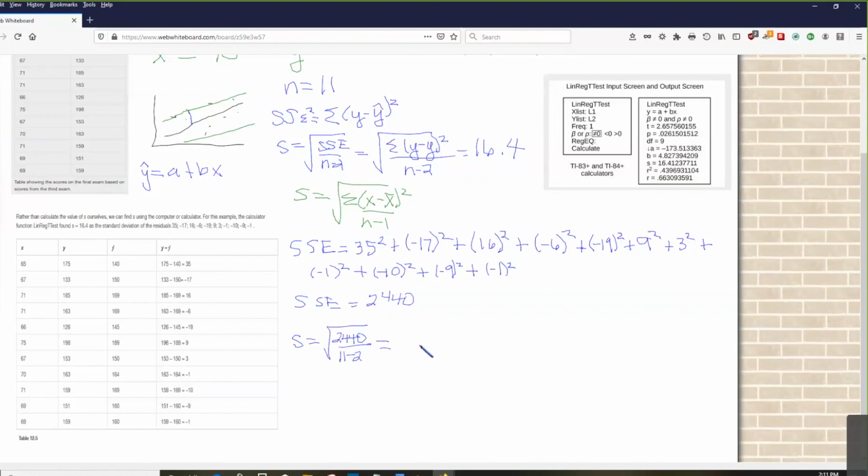And that's going to give me 16.46552. So if you'll notice, these two numbers from the calculator and working it by hand are a little bit